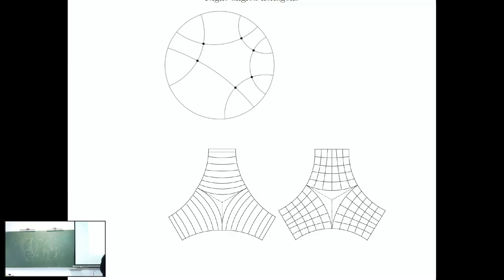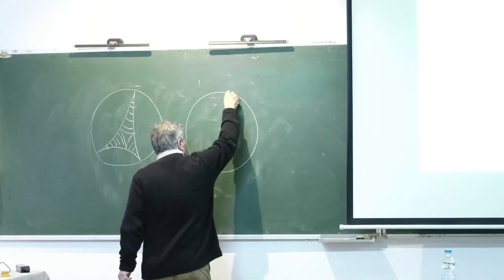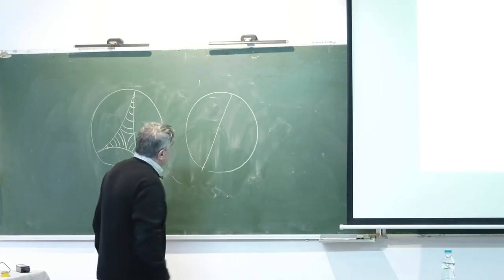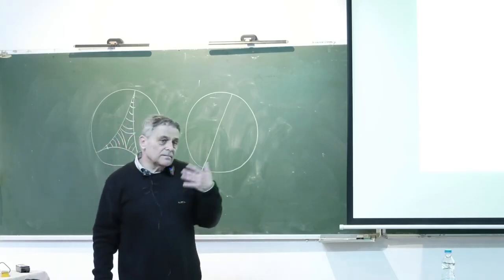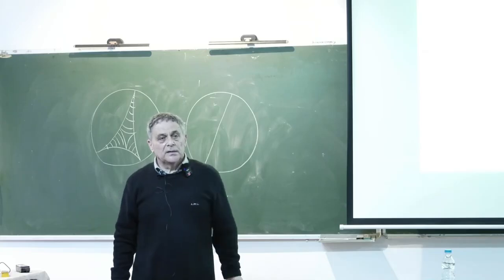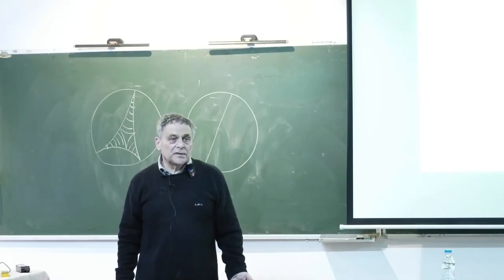You see, in hyperbolic geometry, if you take a line in the hyperbolic plane, and if you take the set of points at distance 1 from this line,